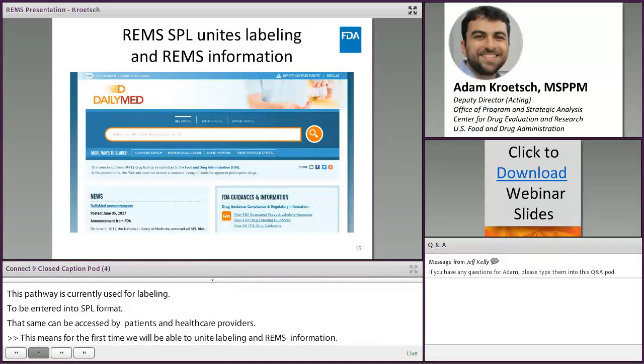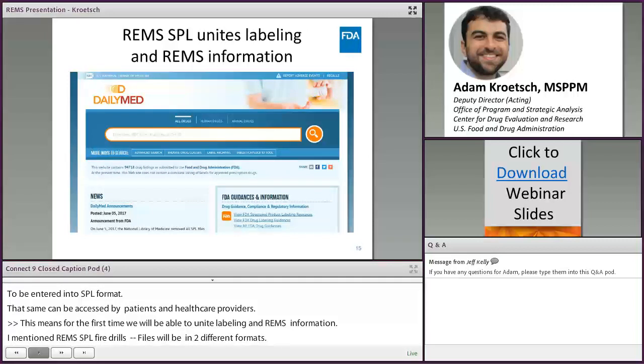DailyMed actually provides labeling and other SPL information in two formats. First, as a viewable label that ordinary healthcare providers and patients can see formatted nicely on their screen. If you type into that search bar on that DailyMed website, you'll be able to see those labels. There's another format in which that information is also made available on DailyMed, and that is as downloadable files, and